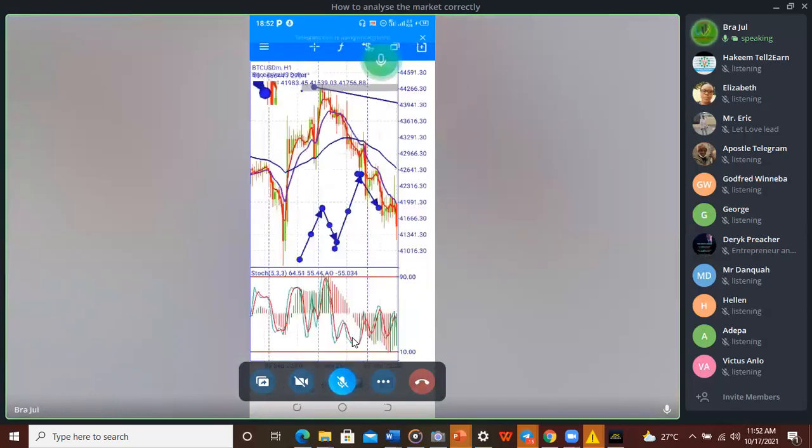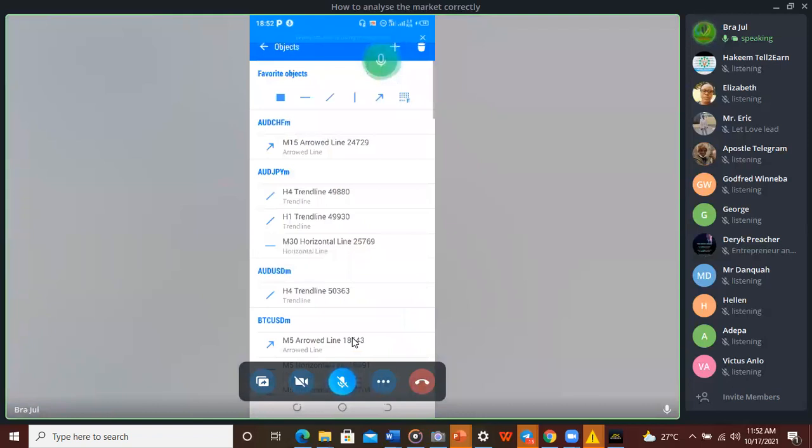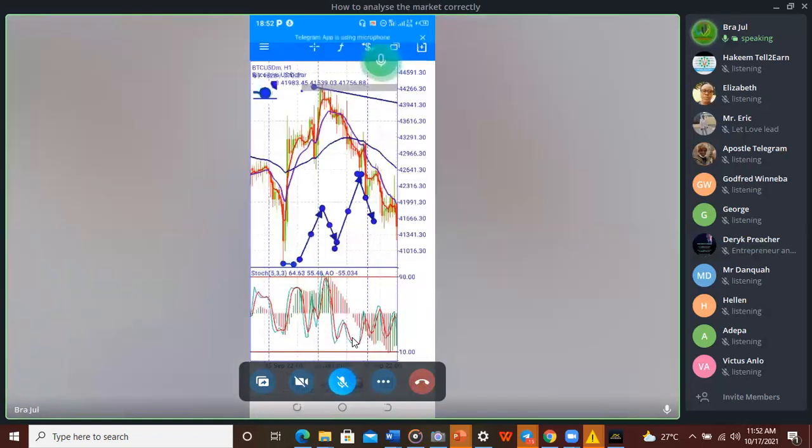But it cannot be resisted and it will come down. Maybe at times it can come down. That means that the trend has changed. But if it doesn't change, then it will still be resisted. So now, what do you do? If you see this pattern, just take your trend lines and then you mark where it has actually